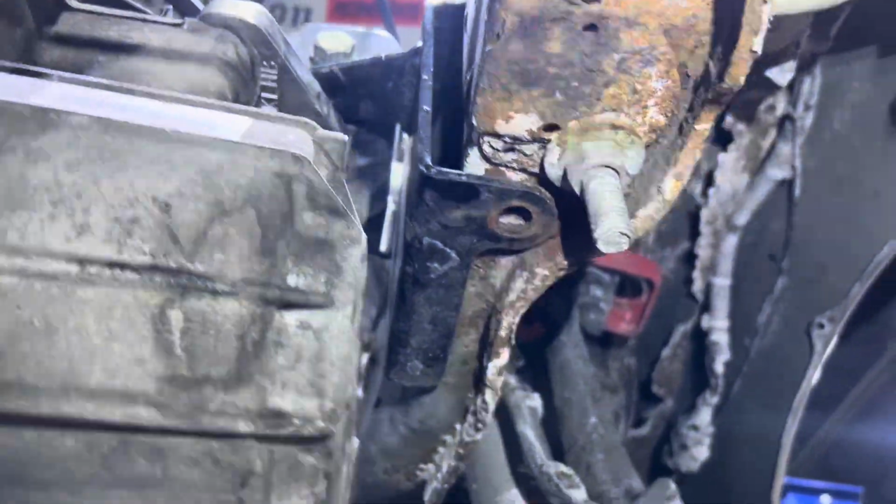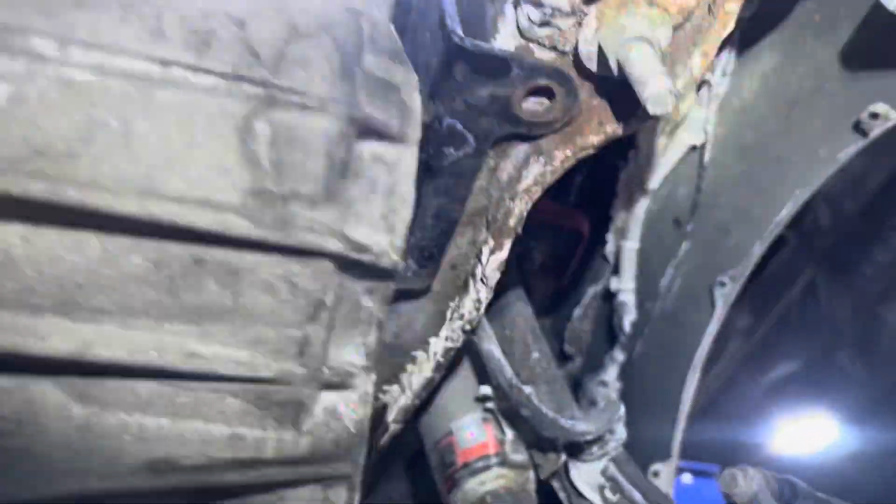Now we have the bolt lined up. And now look at how straight that is. It's not sagging. So missing that bolt caused that bracket to freaking fail and crack. So that sucks, but we'll put that bolt in at least to get him out here. And then I'll tell him to get a bracket right away. Oh man, that looks kind of...